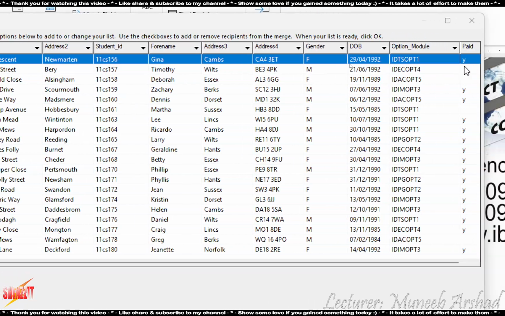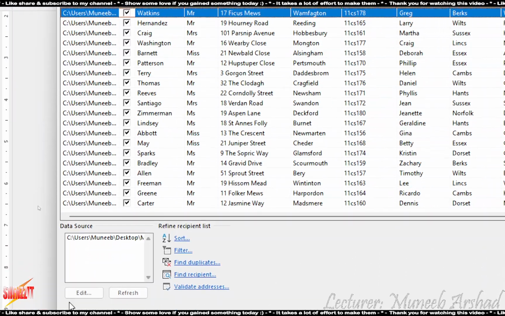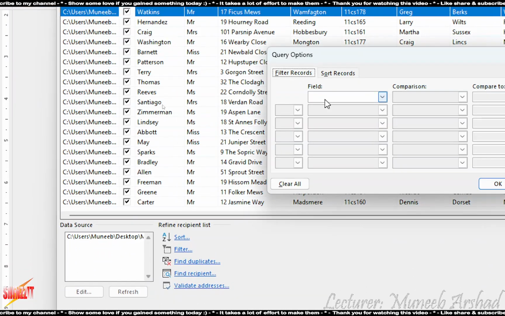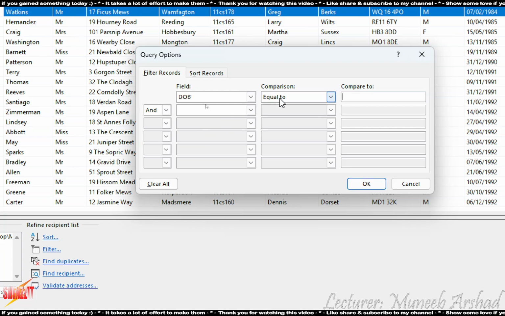We have the date of birth given for each one. I'll go to my filter, select the field as date of birth, and set the comparison. If someone is 25 and above on the 1st of September 2010,